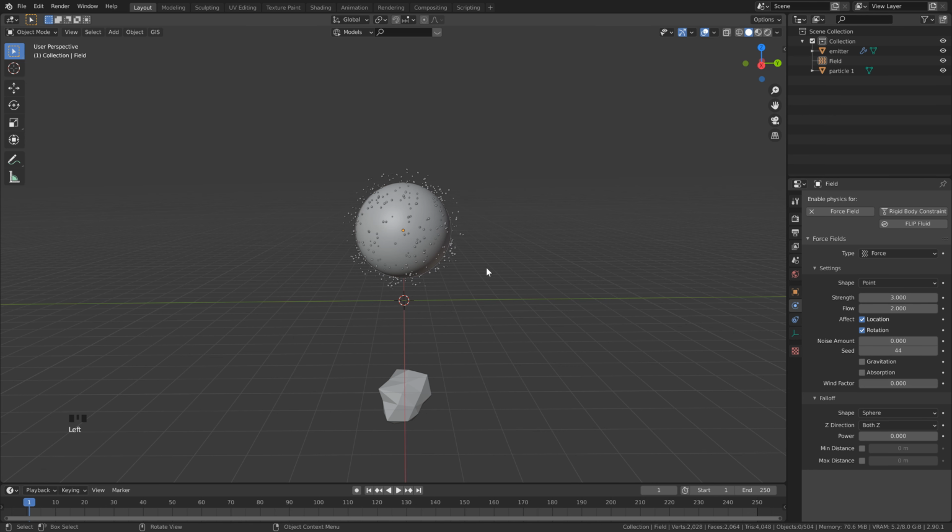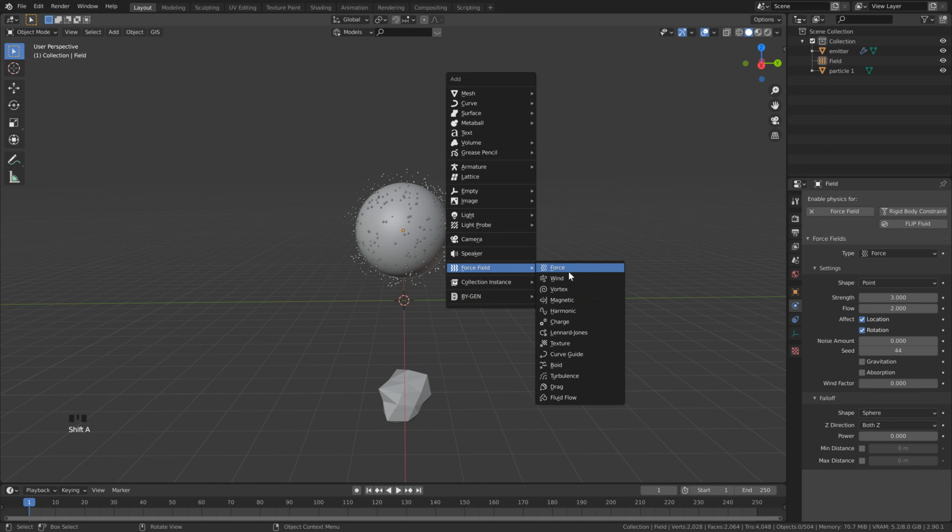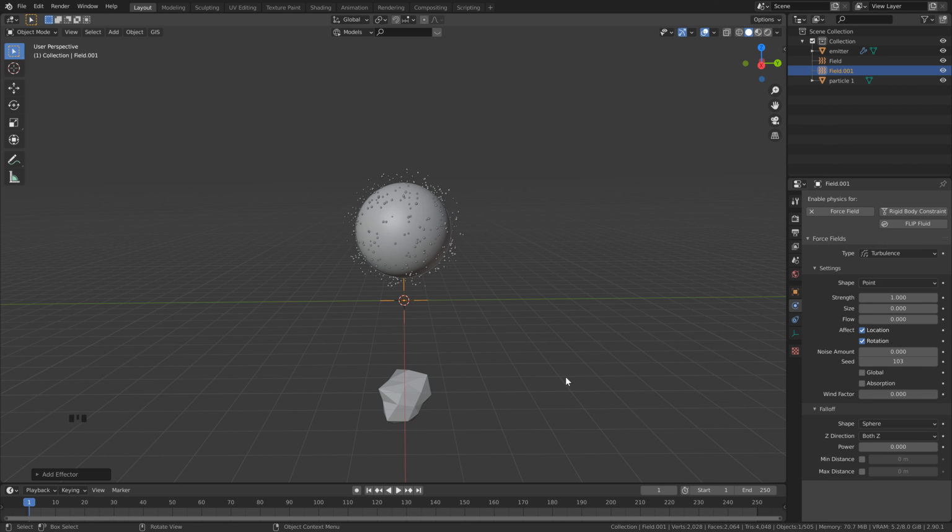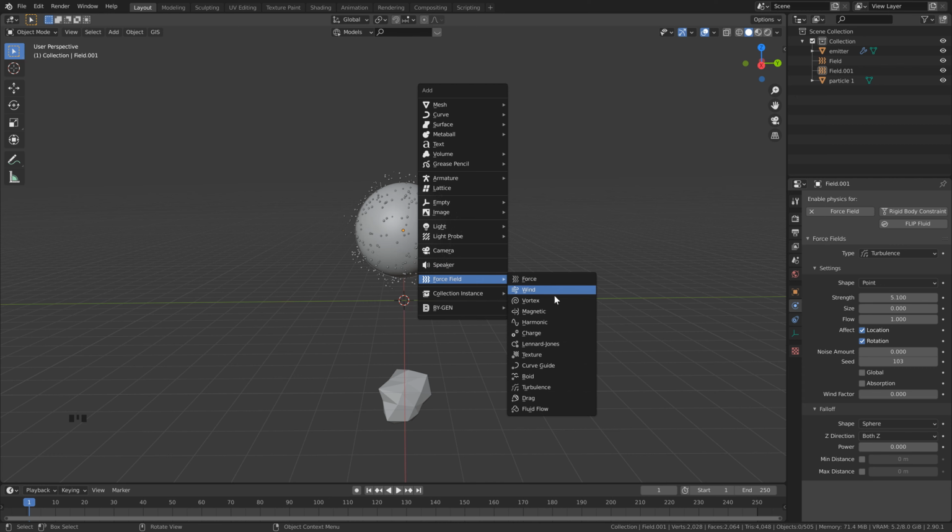Next we're going to add a turbulence, so Shift A again, force field, and then click turbulence. Let's bring this up again, so G, Z, and 3. Back over to the physics settings, we'll change the strength to 5.1 and the flow to 1. Awesome, and then we're just going to add one more force, so Shift A again, force field, and let's select